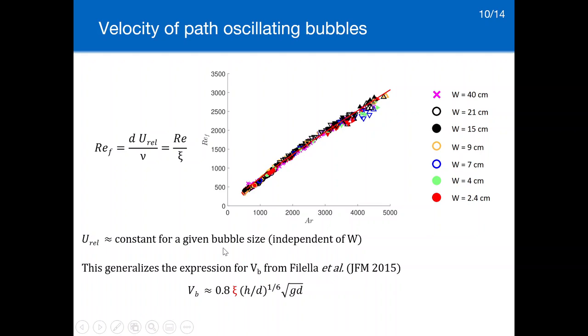It depends only on the size of the bubble. This is a strong result that can be used to generalize the expression for the velocity that was given in the literature in order to account not only for the thickness of the gap, but also for the width of